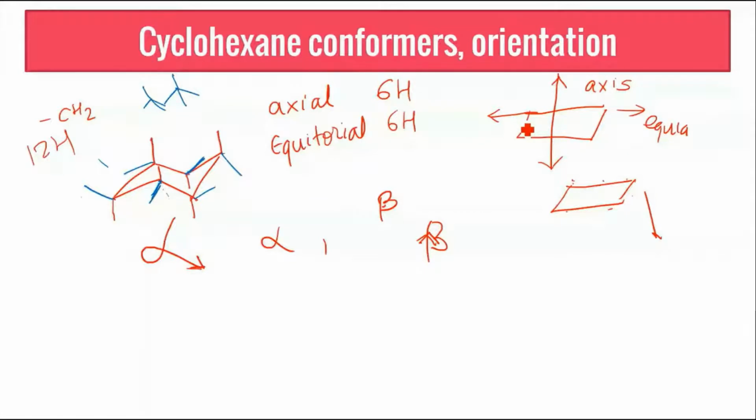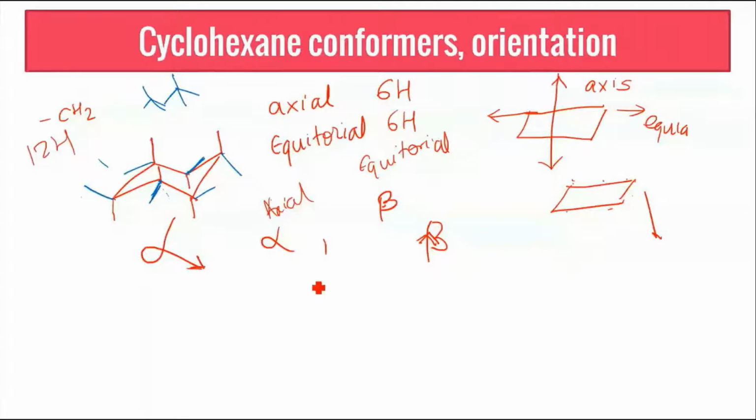That is one simple layman's way of remembering alpha and beta. If you remember already, well and good. Those who have difficulty in remembering, I'm just hinting you the way to remember. So if I'm saying alpha and beta, now can I say all axial bonds are alpha and all equatorial bonds are beta? True or false? False. Who all agree with this? False. Okay, false. So I would take the majority poll as false, and the answer is correct.